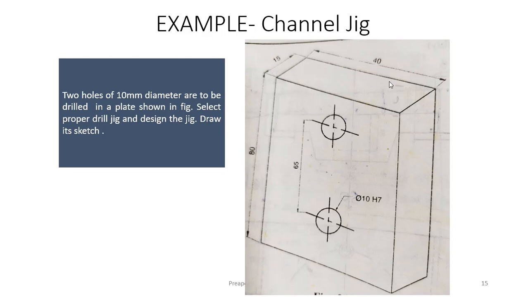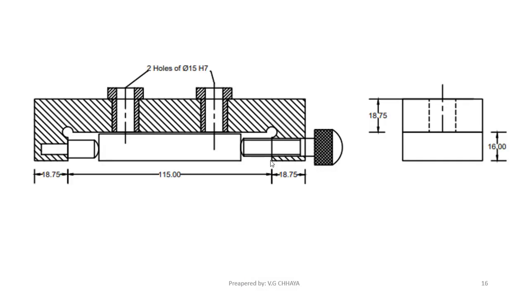So we need to consider that a channel jig is used to drill holes in a flat plate. So for this plate we are going to design a channel jig. We need to understand first how the channel jig is assembled with this component. The length of the flat plate is assembled with this length of channel jig, and width comes across the width of channel jig,